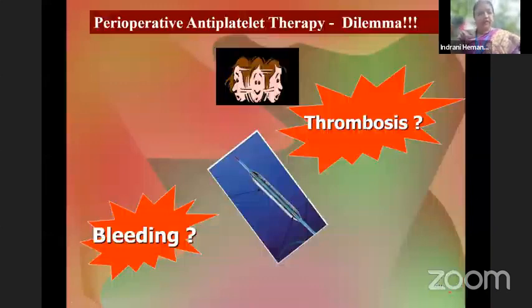Now, perioperative management of a patient with a coronary stent on dual antiplatelet therapy has remained a double-edged sword. Doomed if you continue antiplatelet therapy, wherein the patient can have excessive bleeding, and doomed if you stop dual antiplatelet therapy, wherein the patient can have sudden death due to myocardial infarction. There is a lot of variation in practice. Some stop 7 days before, some 5 days before, some 2 days before. We should not be doing that.